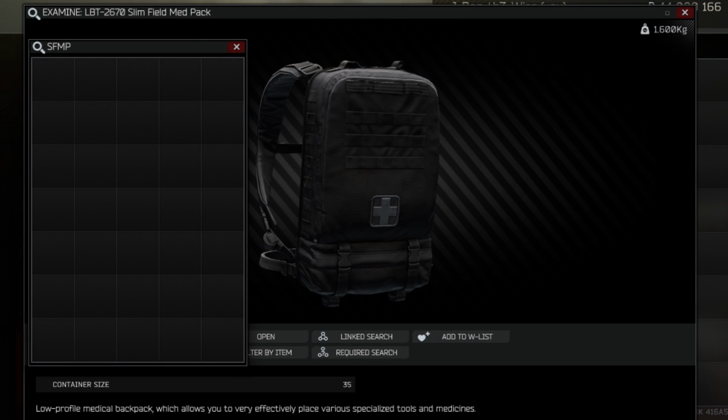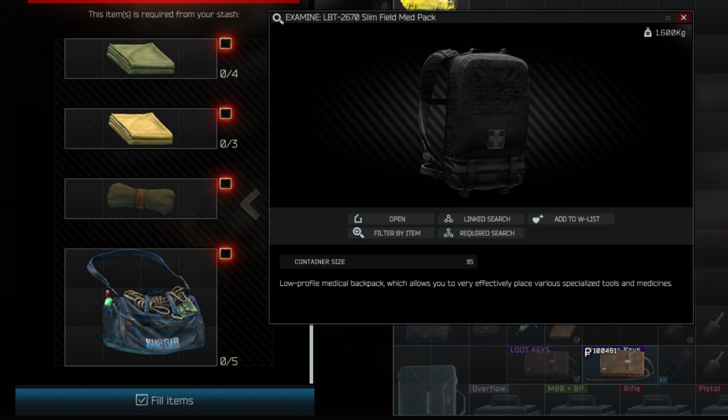At level 3, Ragman has a very interesting new backpack, the LBT 2670 Medical Pack. This has a steep trade of 4 fleece, 4 aramid, 1 paracord, and 5 duffel bags, but it looks extremely slim, has a ton of carrying space, no movement penalties, and is extremely lightweight. So with the new weight system, this might just be the new best in slot backpack, if you can afford